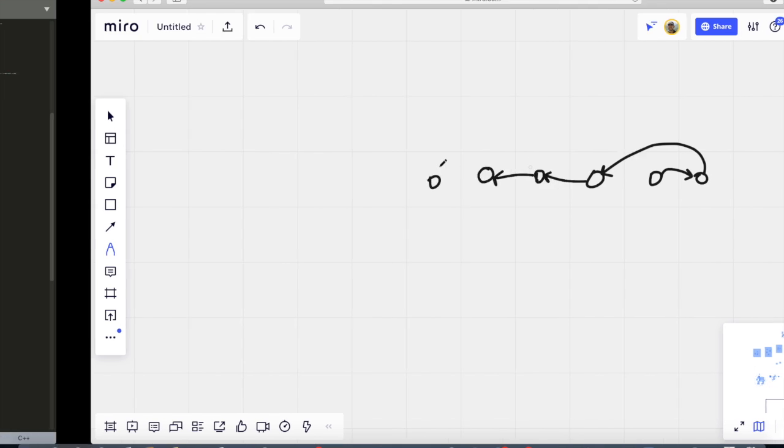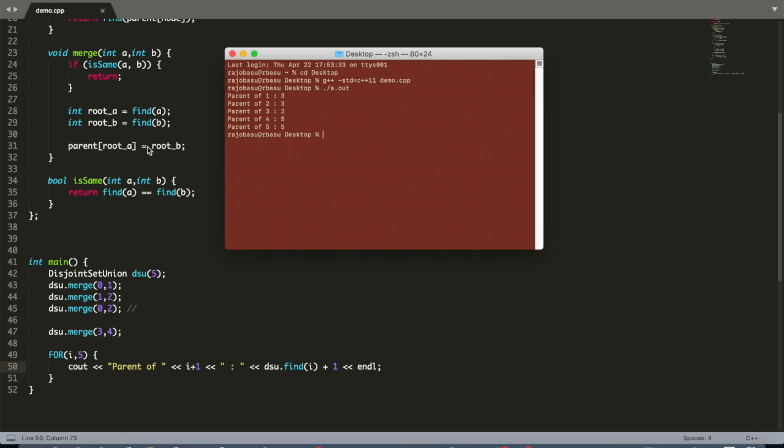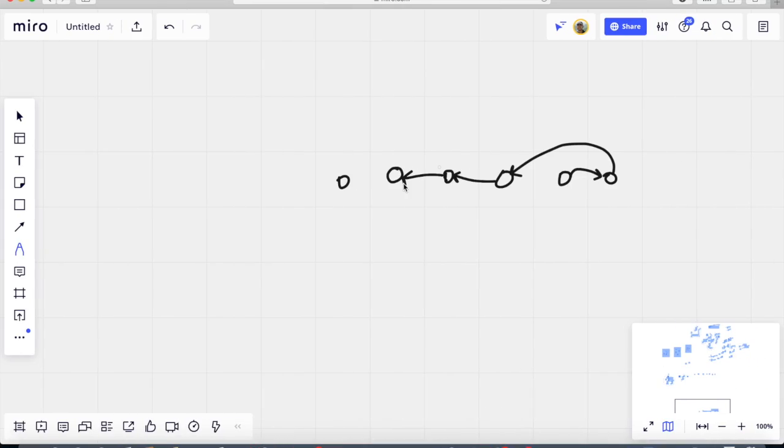So in our current strategy, we are always making the root of the second one the root of the overall thing, right? So parent of the root of first one becomes root of second one. So the root of second one is actually the overall root now. So this kind of a linear structure might form. Now, I hope you see where I'm going with this. What if you call find parent on this node? You have to traverse the entire chain to go up to the root. Now, if there are n nodes, you are still taking order n time,